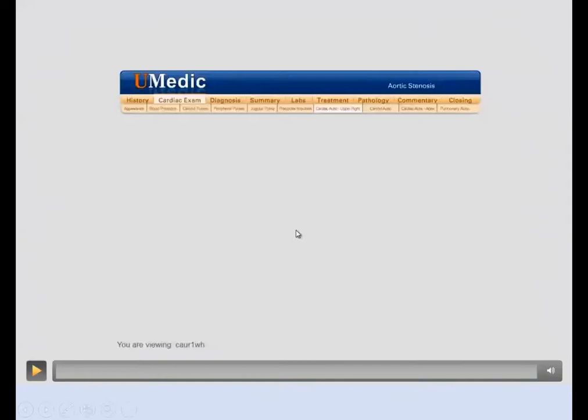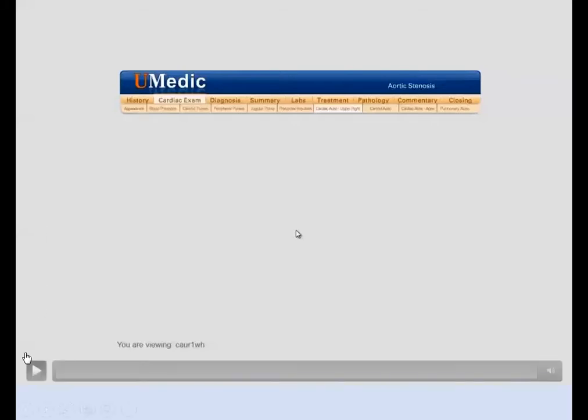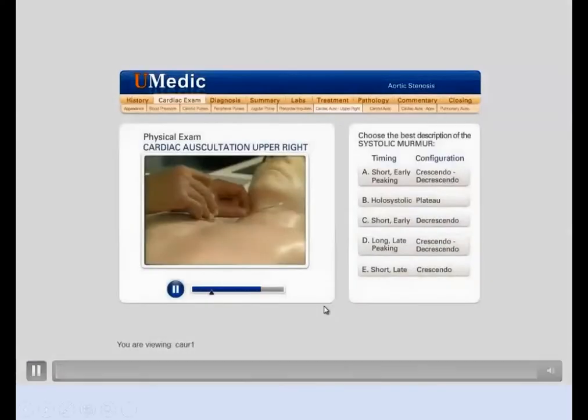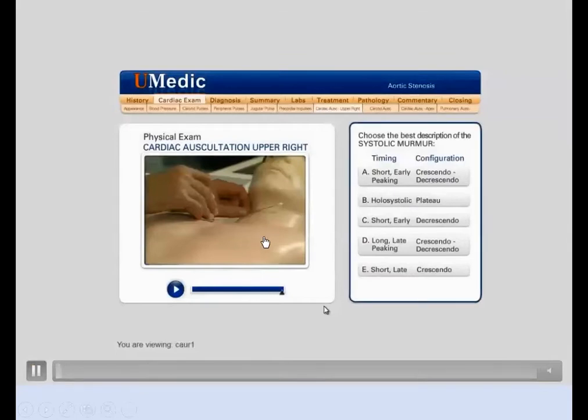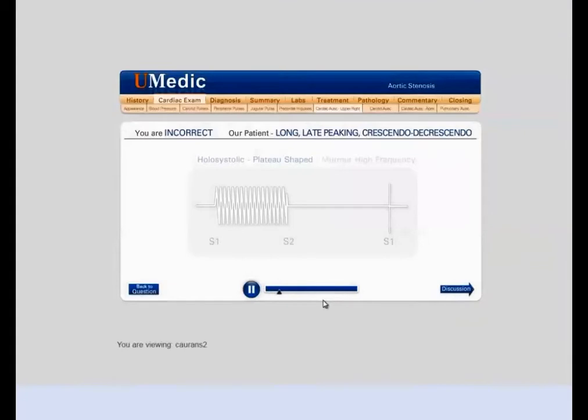And the student would go ahead and examine the right upper sternal edge, or right upper sternal border. They would auscultate in that area, and then they would be asked to provide comments as to what they felt they heard. So if the student picks the incorrect answer, it would provide immediate feedback to them and